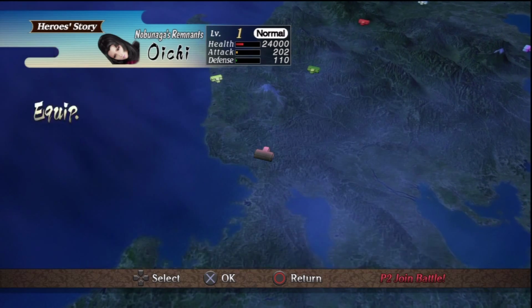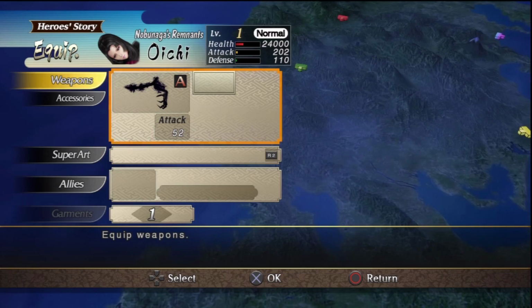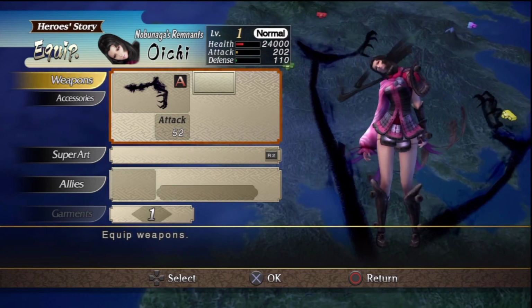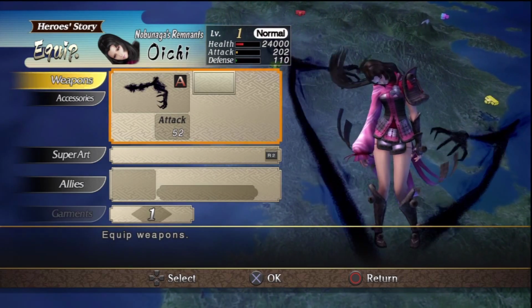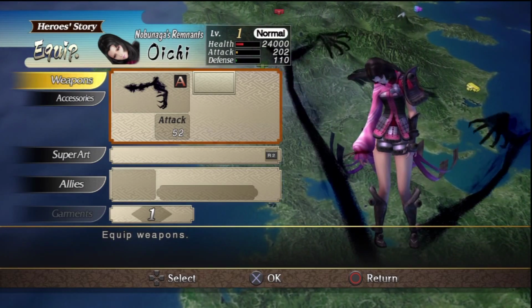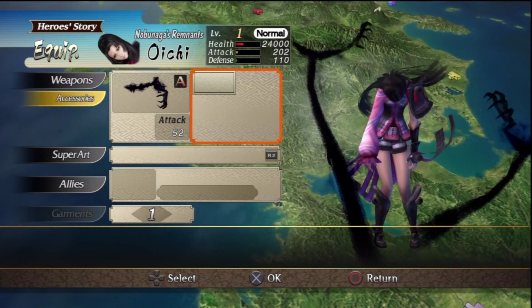So, Oichi here is kind of unique in that she doesn't actually have a solid weapon. She uses the shadows themselves, and quite possibly demons from another world to do her fighting for her. Now, I don't know what battle we're going to be facing first, so I'm going to leave the accessory slot alone, but I will look over